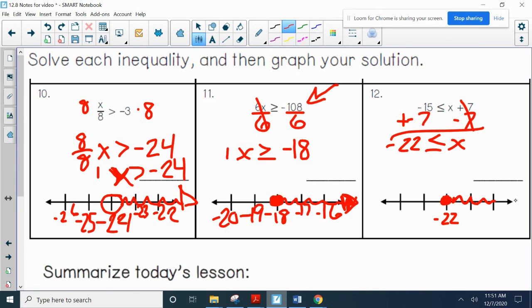So we're going to go ahead and shade right. If we wanted to flip it, x is greater than or equal to negative 22. With our variable first, points to the right, we did it right. All right, and as I said that, what I realized is I want one more problem for you to do